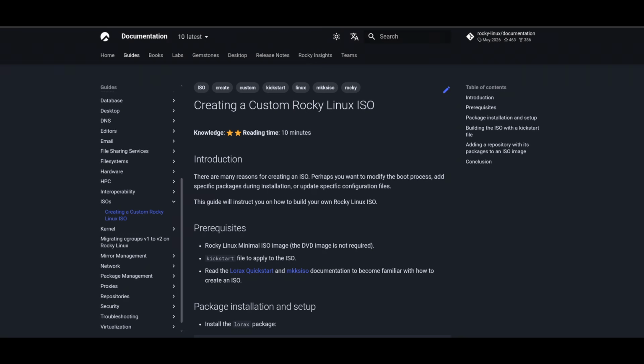Second, they've added Kickstart file injection when building ISO images. Kickstart allows for completely unattended automated installation of Linux. Being able to inject that file directly into the ISO makes automated scaling and deployment infinitely easier. And third, this one is great for developers stuck on corporate laptops. Image Builder now supports native WSL2 image creation. You can now easily spin up a custom Rocky Linux 9.8 environment tailored specifically to run inside the Windows Subsystem